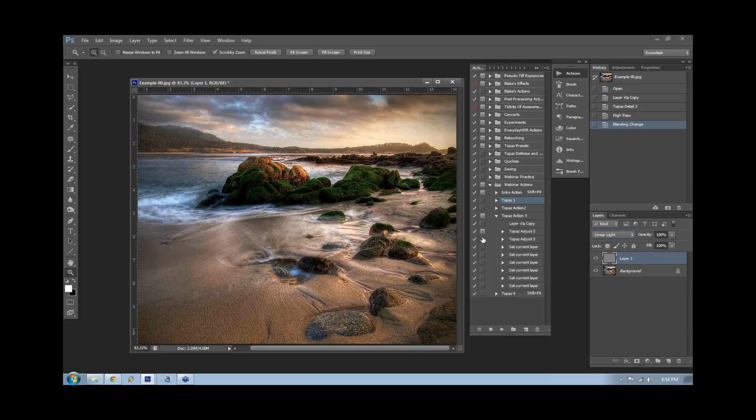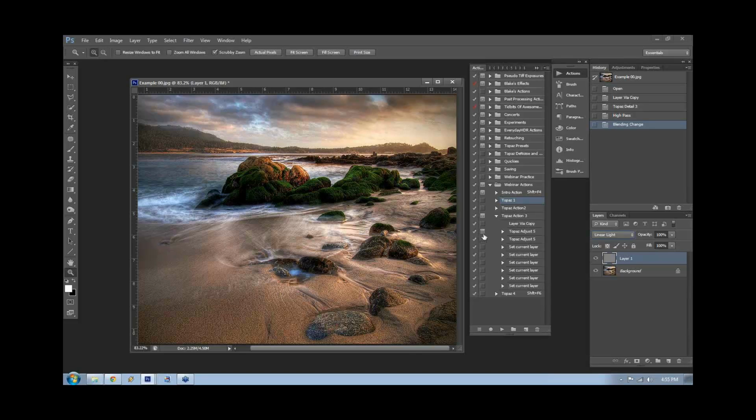If you make a dialog on it, it's going to give you the same function as a smart object. So the great thing, for whoever doesn't know about smart objects, is that if you use a filter on a smart object, instead of making it a permanent filter, you can always go back, double-click it, and see what happened and change that filter. You can do the same thing right in your action. So you can use smart objects, but you don't have to, because that's the beauty of an action,